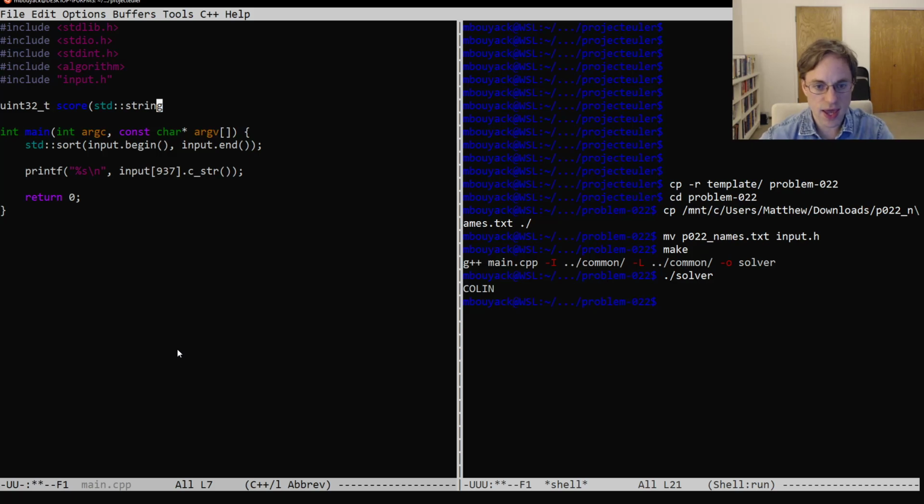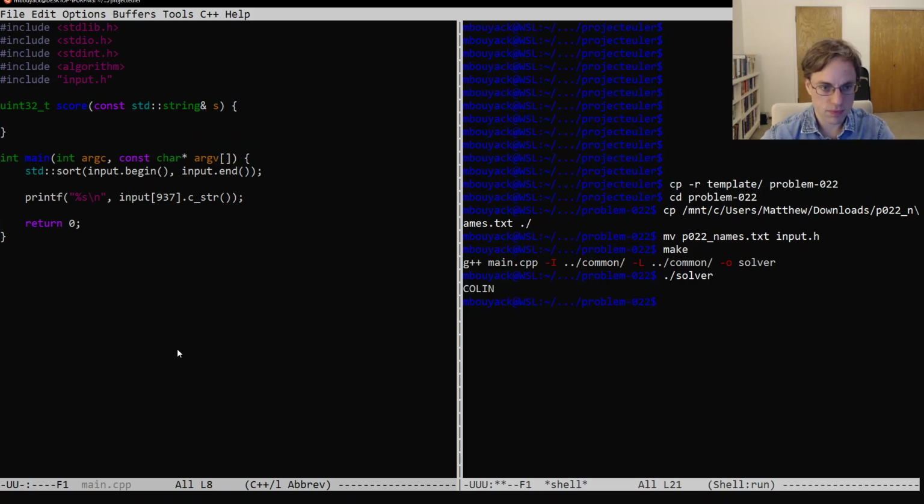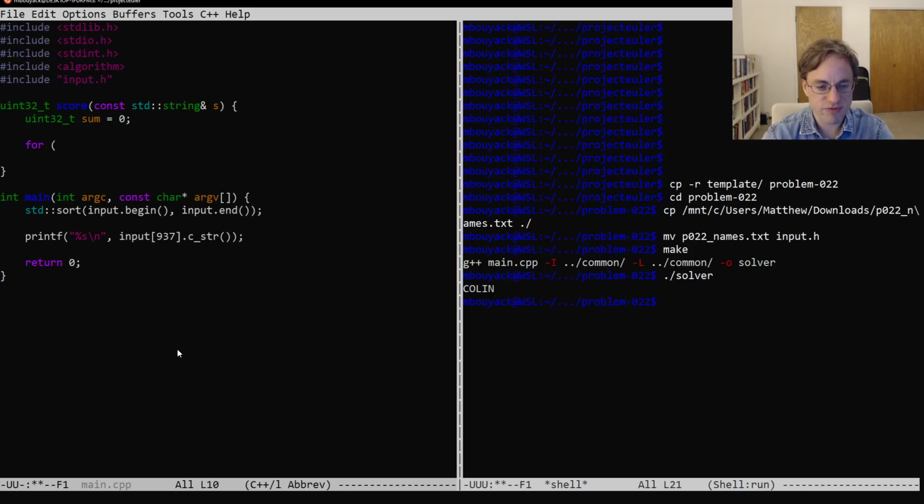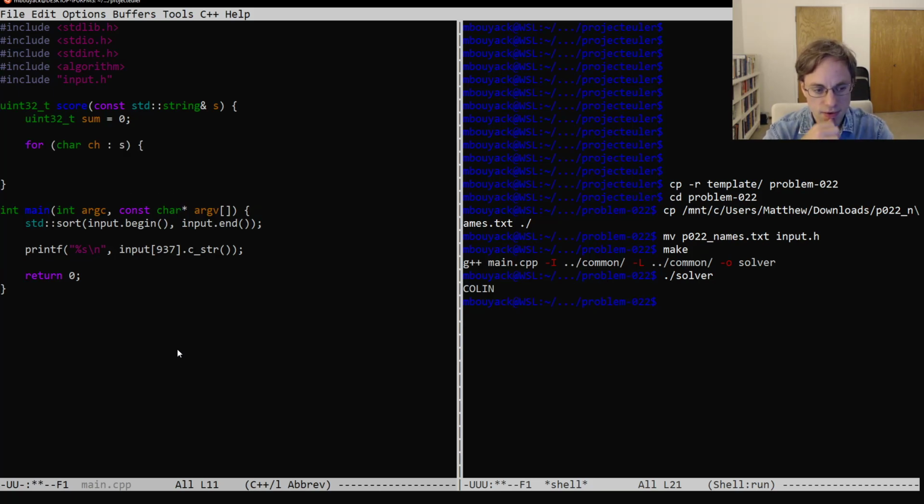And that will take a constant string reference. And then we can just say uint32_t sum equals 0. And we'll say for character ch in s, then we'll just say sum add ch minus 'A'